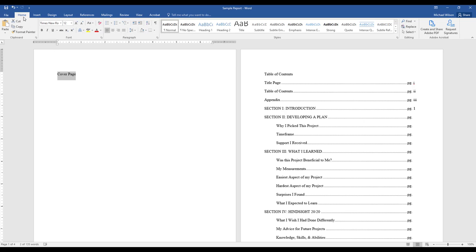If we look in the Home tab of the toolbar, in the Paragraph section of tools, we see this set of alignment tools: Left Align, Center Align, Right Align, and Justify. In this case, we want to use the Center Align tool to move our text to the center of the page. Now, we can begin entering our information just as we need to make it match our cover page. So we'll put the company name first,